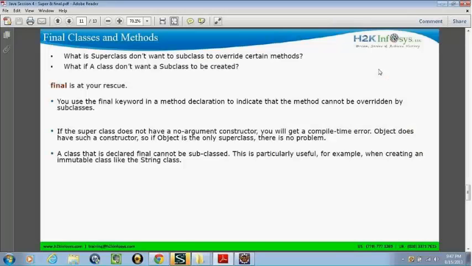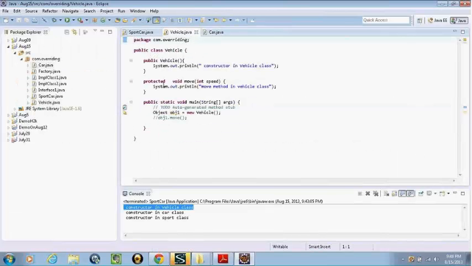When we make a class final, we cannot extend the class. Let's say here in the vehicle class, if I make this move method final, I cannot override it here. It gives the compilation error saying cannot override the final method. If a method is final, we cannot override it.